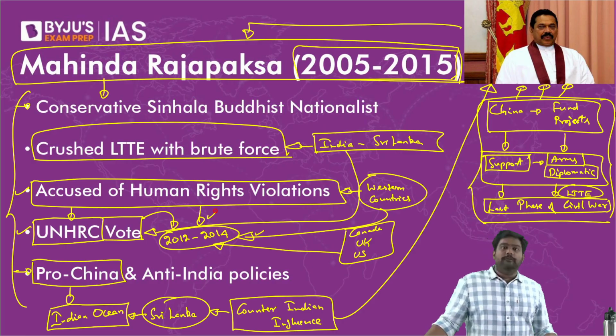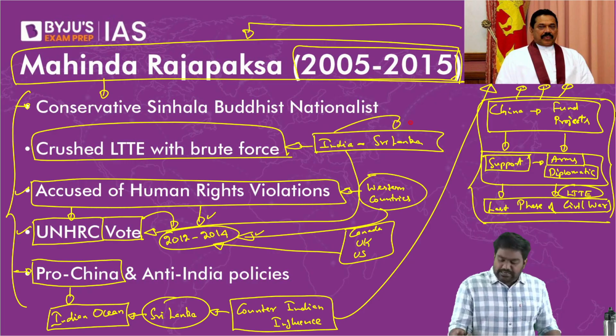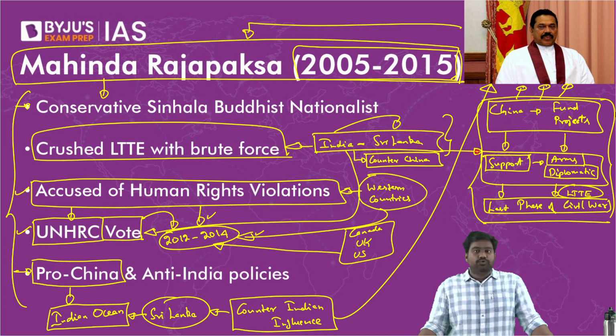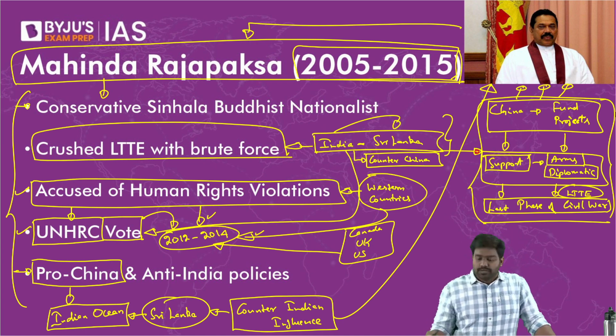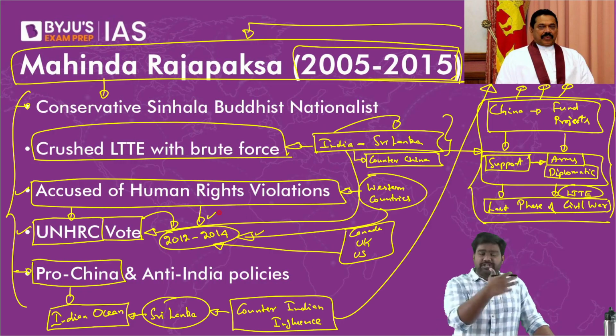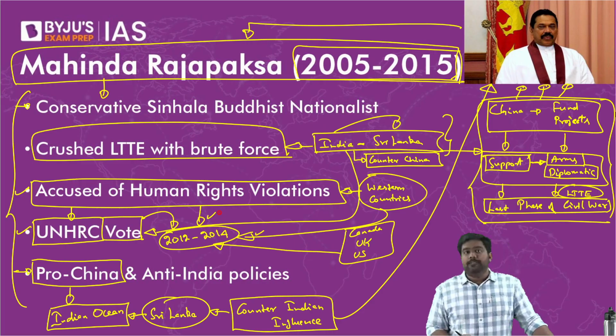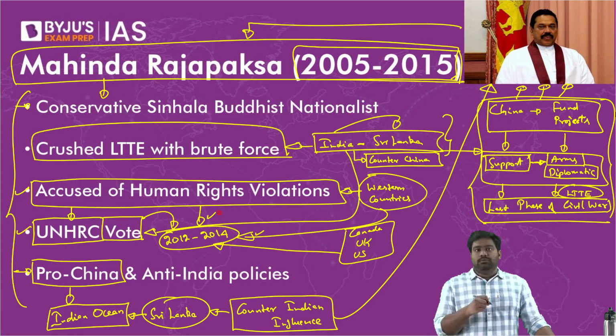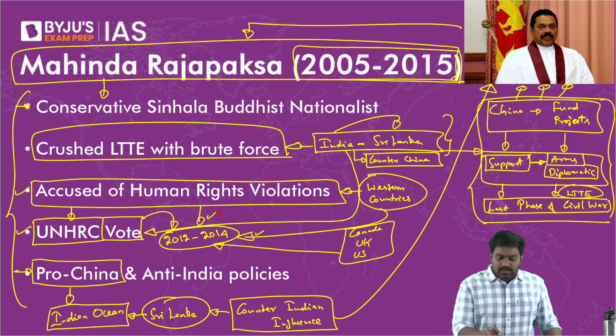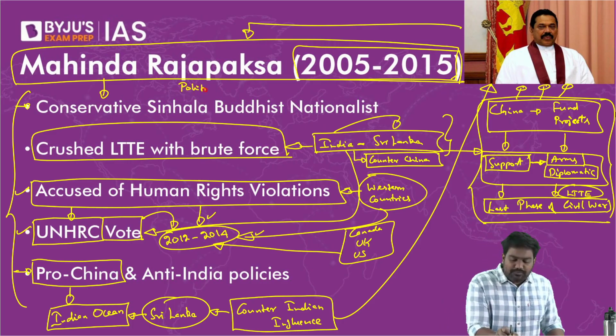Ideally, India would have wanted to play a role here to help Sri Lanka because national interests of India dictated that we had to counter China. We had to counter China by providing arms and intelligence support to the Sri Lankan government during the last phase of the war. We also wanted to extend diplomatic support at UNHRC to shield Sri Lanka from any international action which was being driven by the Western countries through UNHRC. Even though India wanted to do all of this, it was held back because of significant political pressure from Tamil Nadu.